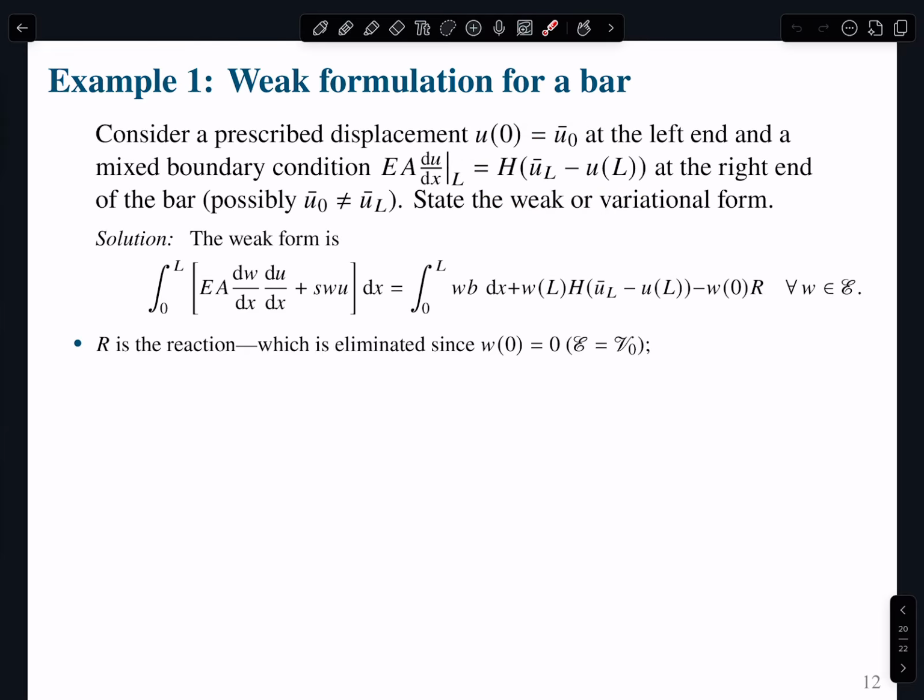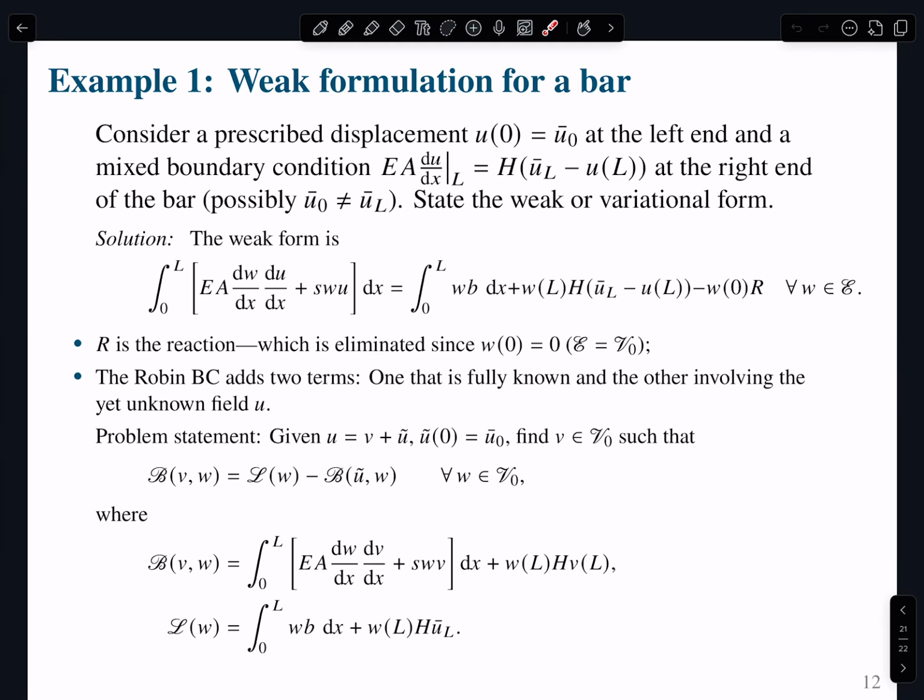And so R is a reaction force, but again, since we're setting our functions so that they vanish at that part of the boundary, this term is essentially going to be 0, right? And so